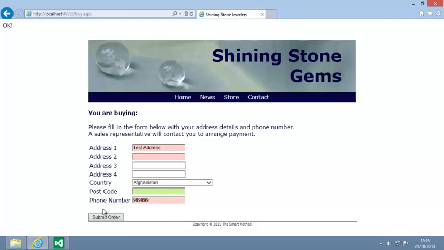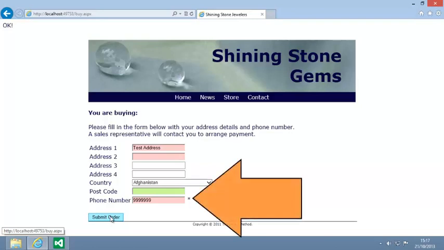Try adding one more 9 to your phone number now, and click Submit Order. And this time the validator's error message appears because 999,999 is higher than the maximum value property. In a real project, you would probably use a regular expression validator control to make sure that the user enters a valid phone number. Close your browser now